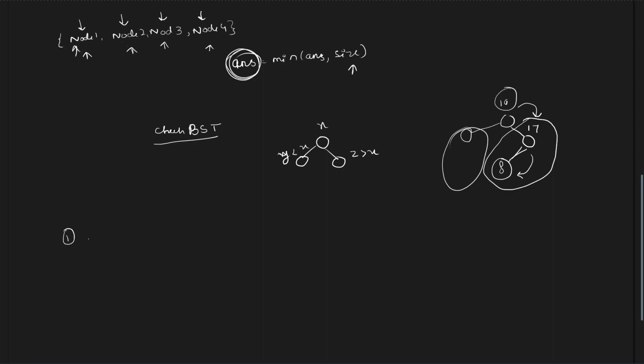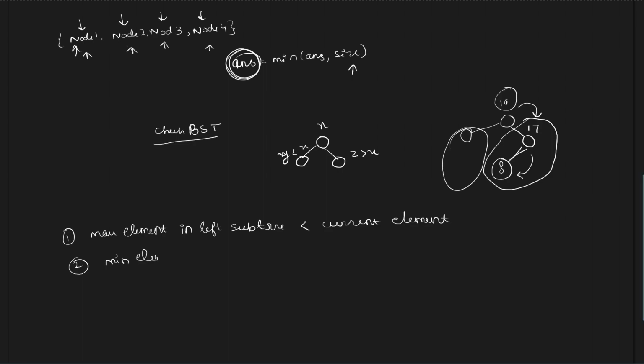So the first condition for any node that we have to check is max element in left subtree should be less than current element, right? So this is my condition. Similarly, minimum element in right subtree should be greater than current element. This is our condition,